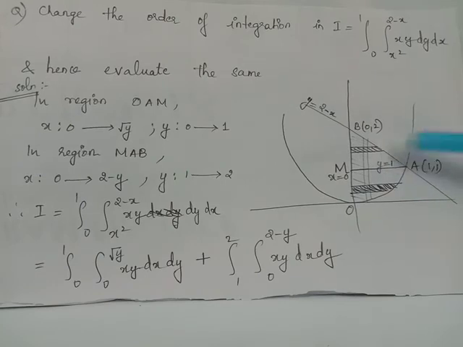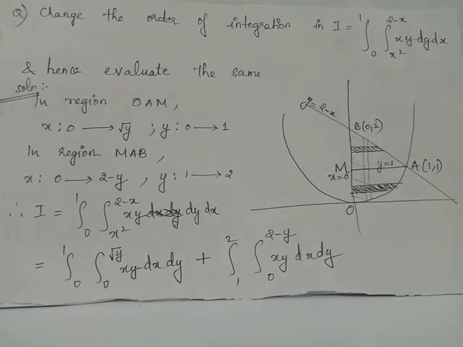This horizontal strip will first of all enlarge to become the line y equals 1, and it will go on shrinking up till it reaches the situation that it becomes the point which equals B. This horizontal strip will first of all assume y equals 1, which is the straight line. It will go on shrinking. Finally, it becomes the origin. We have split the given integral into two integrals whose order of integration has been changed.